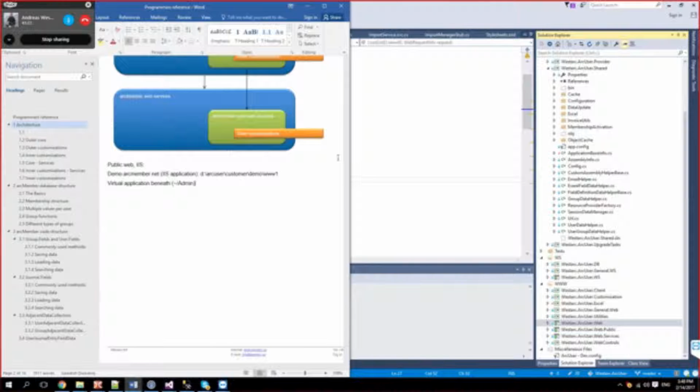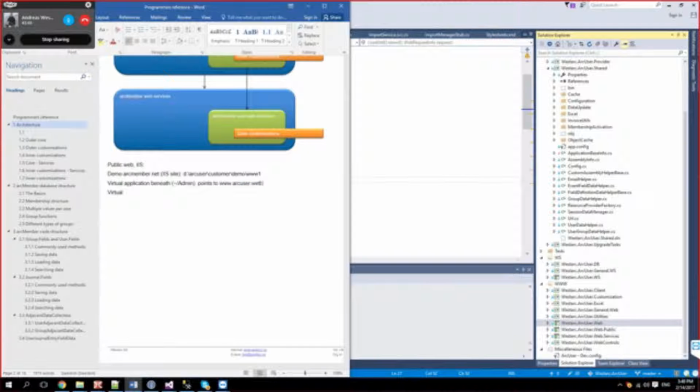So underneath that IIS site, we have this virtual application called admin, and it points to Arc user web.